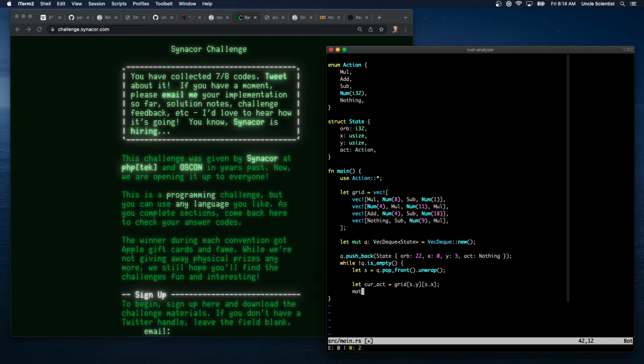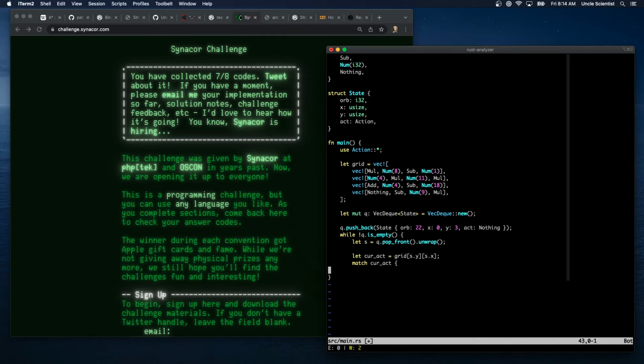So match cur act. If we're doing an add, then we want to add. Oh no. We want to match on where we came from, S act. So if we said to do an add,